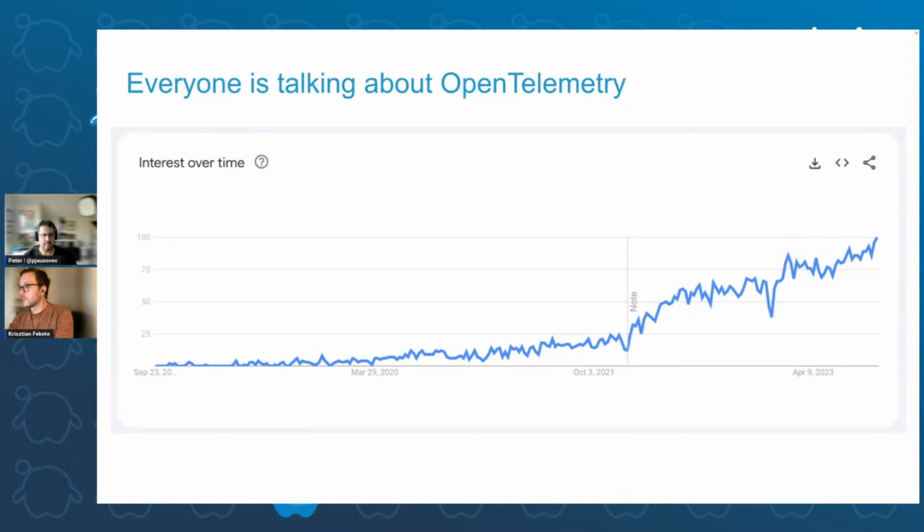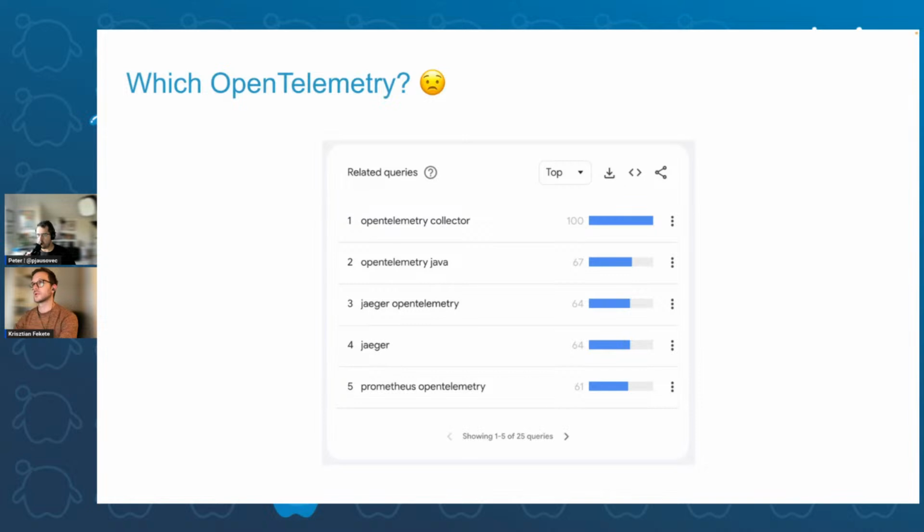It's getting more and more popular. You can see this graph here, showing how it got more and more popular over the years. This is from Google Trends, and I use this to show how the interest was rising. But if you are using Google Trends and you scroll down, then you can get some additional insights. For example, the related queries. And if you take a look at this,